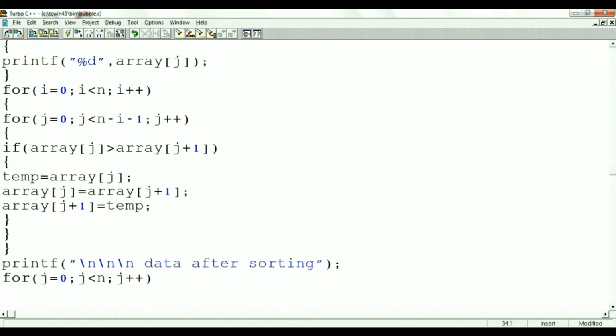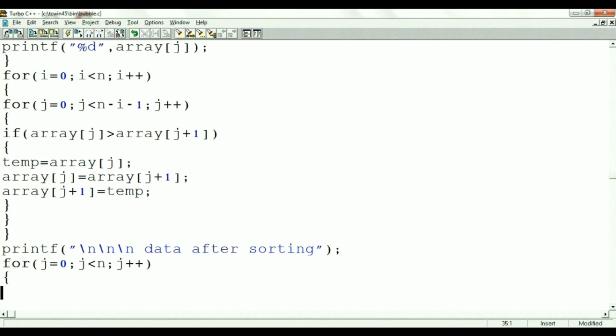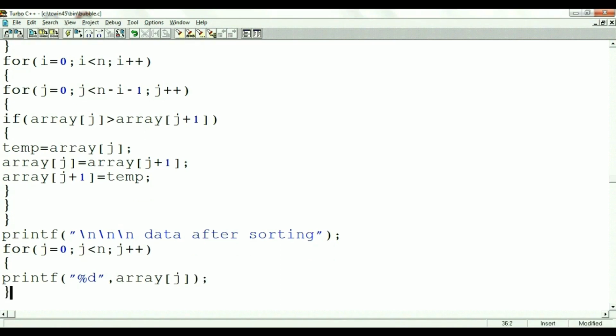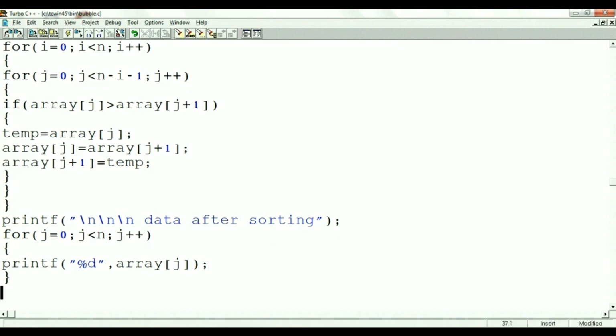As we are working with array, so we are using for loop. Then printf within the double quotation %d, closing of the double quotation comma a of j. As j loop is associated with sorting purpose, so we are printing the array elements. Closing of the for loop. The closing of the main method.